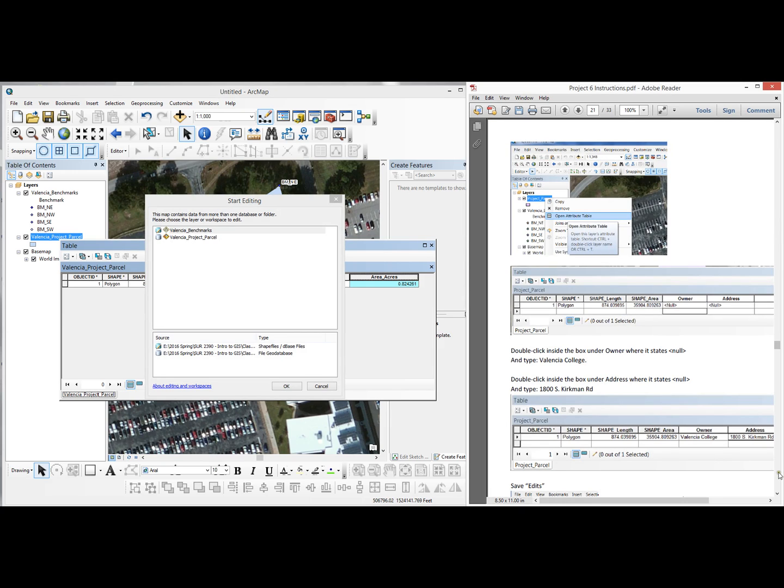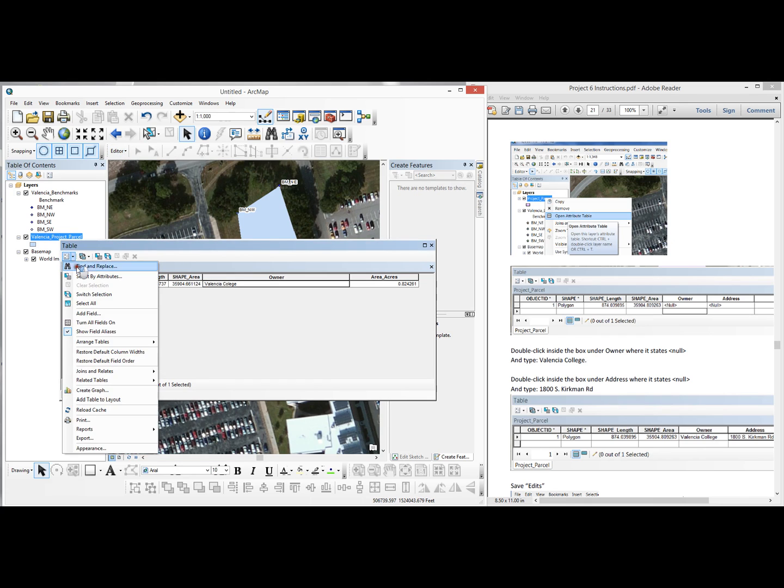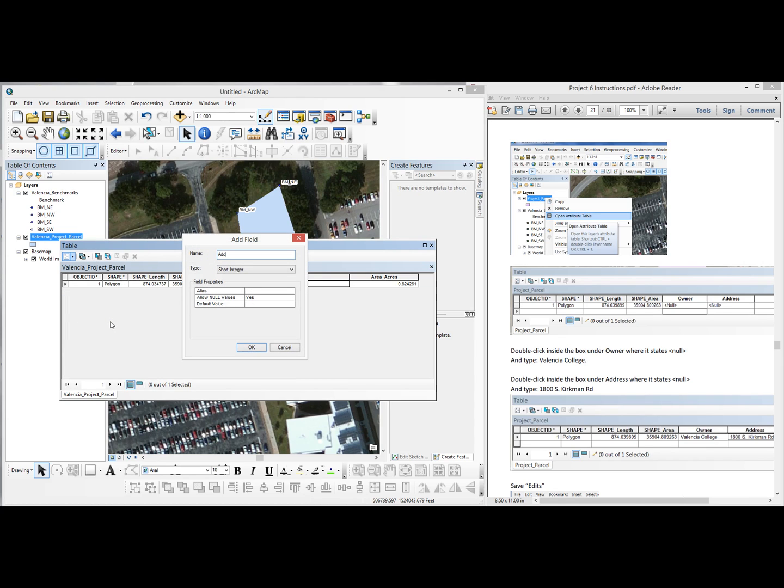And the next thing we're going to do is, since we've already got a table open, so we're working on our project parcels, I'm going to click on the editor, and I'm going to change that to Valencia College. I should have added another field, so I'm going to go ahead and save edits and stop editing. I forgot to add the address, so I stopped editing, so I come back over here and I'm going to add a field, and I'm going to say address, and it is going to be text,